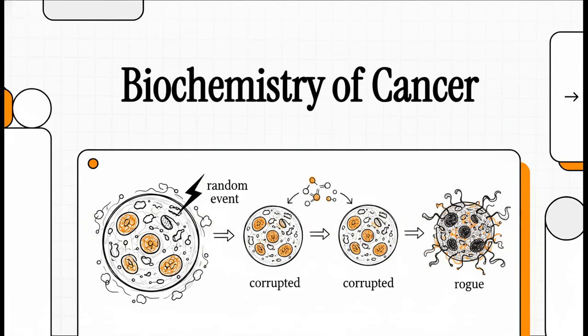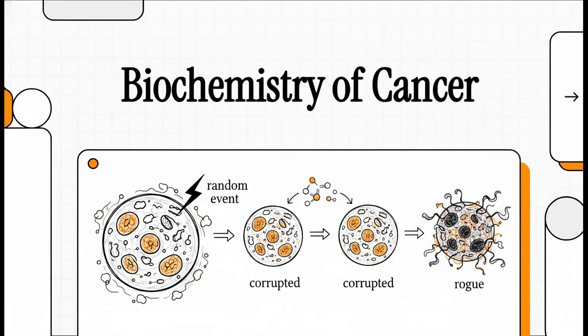Welcome to The Explainer. Today, we're unpacking a topic that touches nearly all of our lives, yet, honestly, is often deeply misunderstood. We tend to think of cancer as a random, chaotic event, right? It's kind of like a lightning strike. But when you really look at it through the lens of biochemistry, it's anything but random.